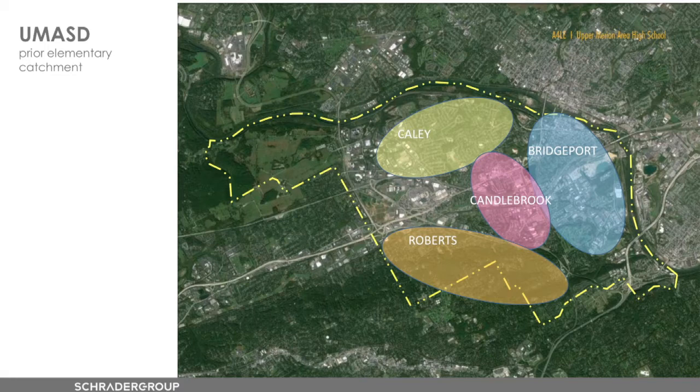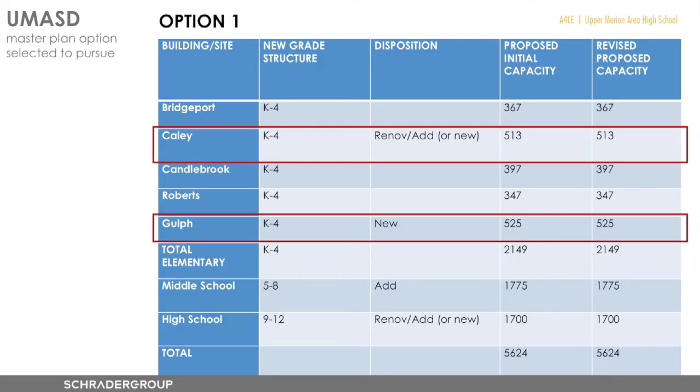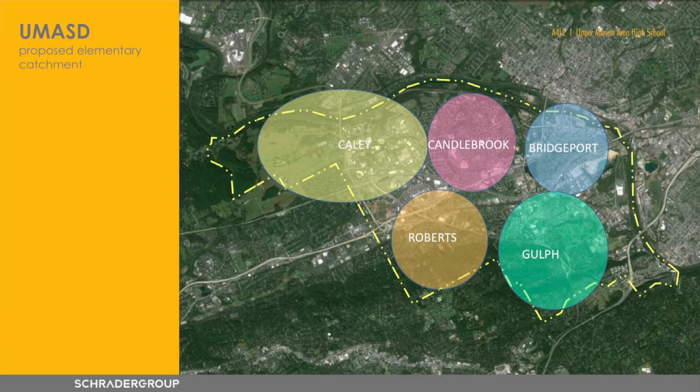And the district ultimately began to look at a modification to the grade structure that they originally had. And I think pertinent to this discussion is going to be, of course, moving from that middle school to high school plan. But the 2 buildings that they considered as part of the initial process were definitely Cayley and Gulf. And the question was whether to renovate or add or to build new at each site. And in the end, it was decided to build new at each site. And what that did was it changed the catchment area of the district to that 5 elementary school model that you see, with Cayley now, Candlebrook, Bridgeport, Roberts, and ultimately Gulf, which had been used as a site for other than district purposes. And so they were able to reuse that site to tear down an old building and